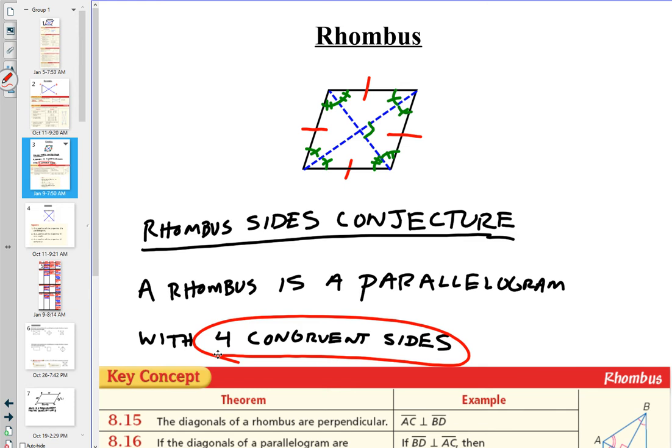A lot of people get this confused with a square, and they go, "Oh yeah, what's a parallelogram with all 4 sides congruent?" And they go, "Oh, it's a square." No, it's not. It's a rhombus. If we know nothing about the angles, then it's a rhombus. But we can add a few other rules. What are some things we know about the